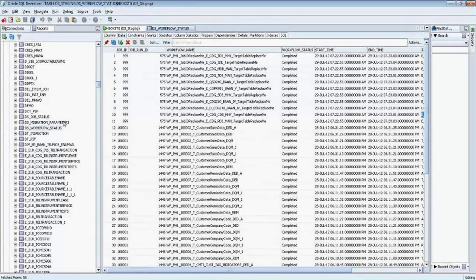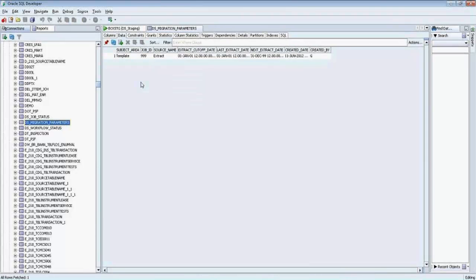So the purpose of it is, as I mentioned, if you see here, the data migration parameters. I have put a template saying this is the subject area, this is the source name that I wanted to put, this is the last extract cutoff time, and this is the next extract date and time. You can put as many parameters as you want. I'm trying to show you that this is a